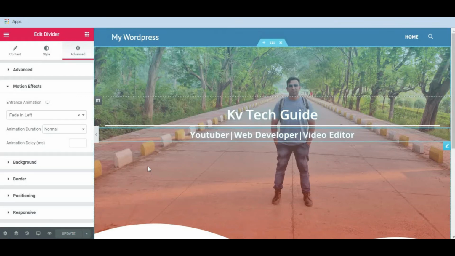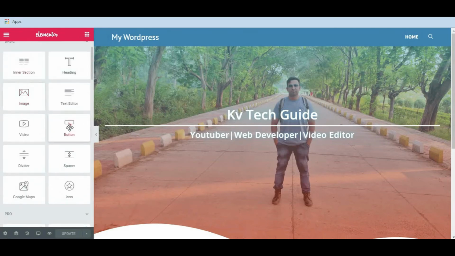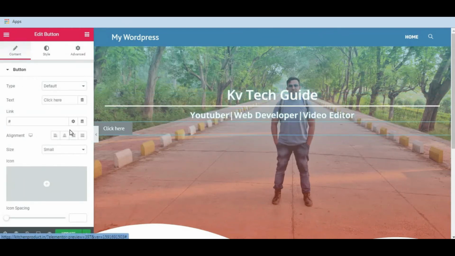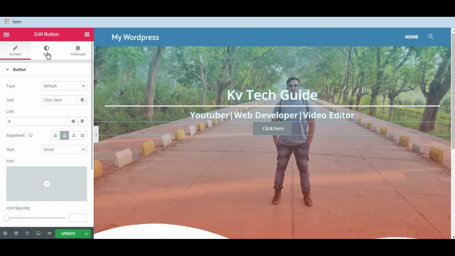Okay, next what I will do, I will bring a button. So click over here. Just follow my cursor. Just click over here. Just find the button. Here it is. This is the button. Just drag and drop over here. Okay. Alignment center. Okay. Go to the style.